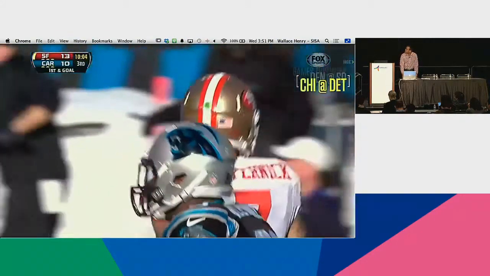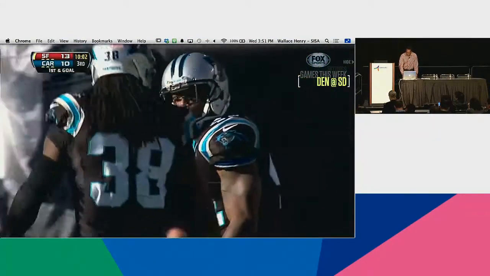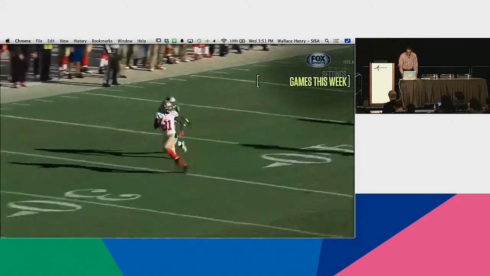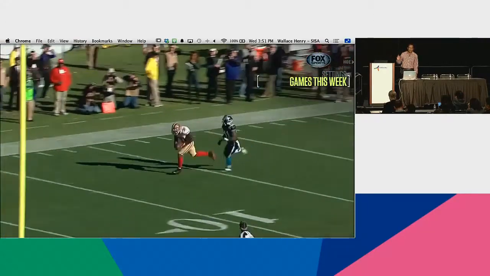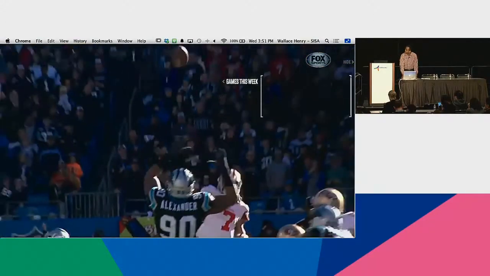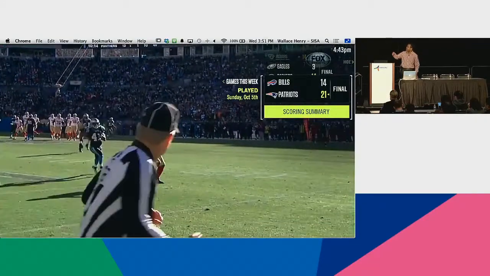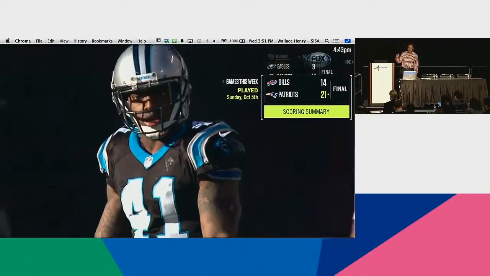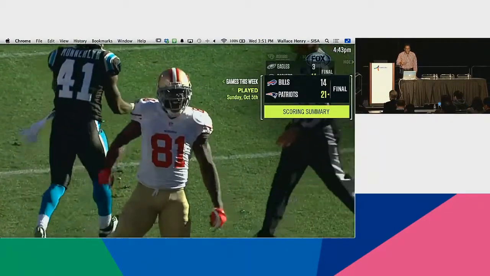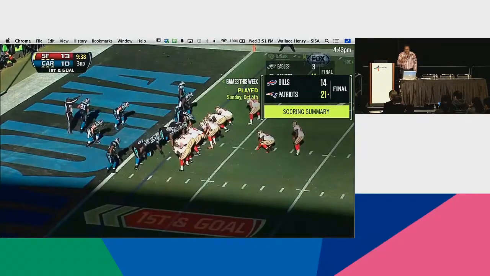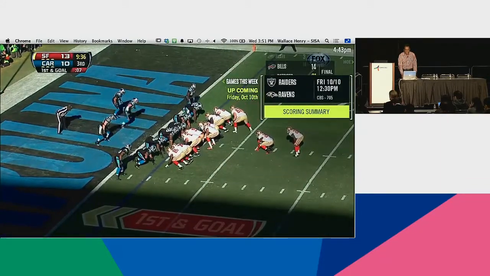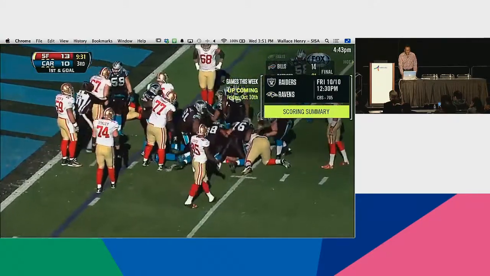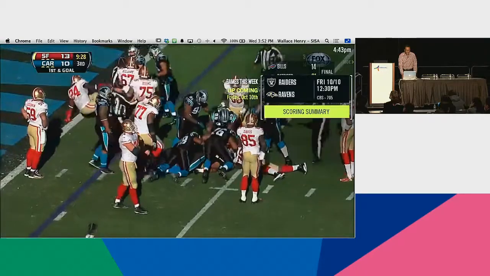And so that's all they need to really worry about. But for some of those users who may be interested in, say, the Raiders game that's going to come on next, there's a different area for them to go into. So they can go into this area. And again, instead of presenting a long list that would take up more space and obscure more of the TV screen, we collapse the items in a widgetized card form, and the user can just navigate through, find the Raiders game, and see that they're going to play later on Monday at 12:30.